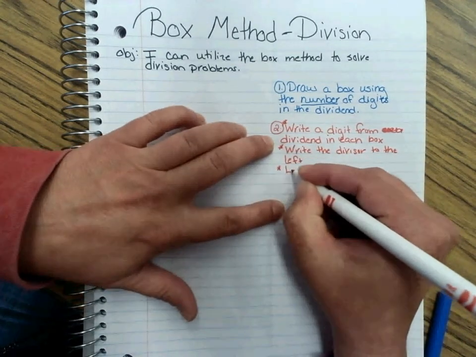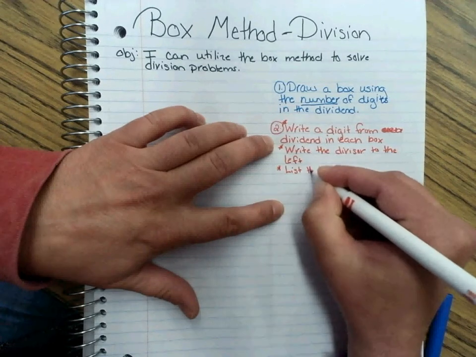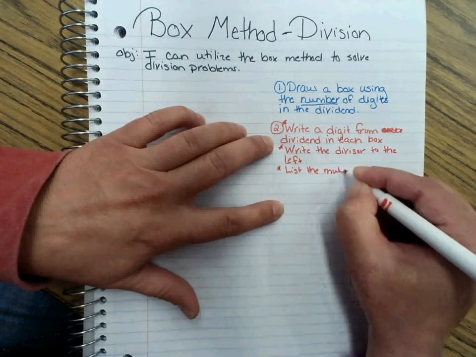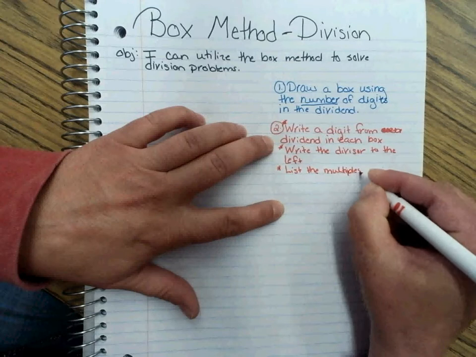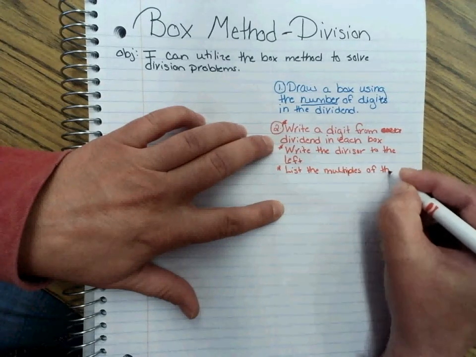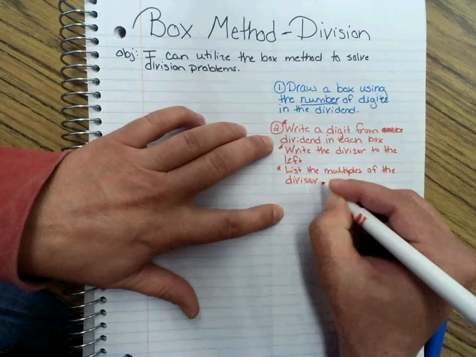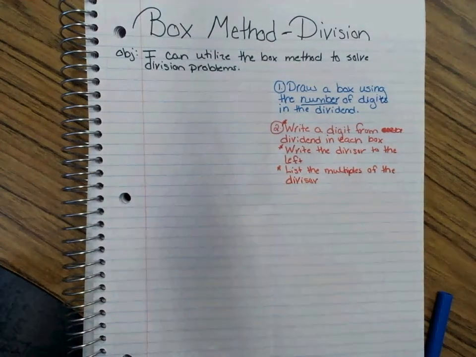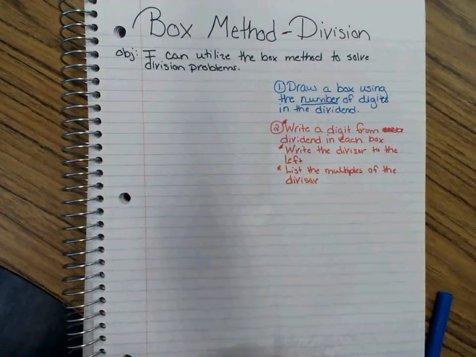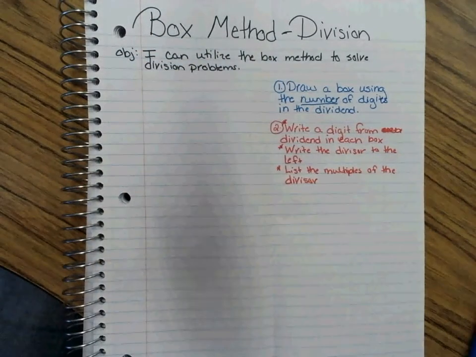And then we're going to list the multiples of the divisor, just like we've been doing. Okay, so step 2 is a little bit long, but those are some things that we need to do to set up our problem. Okay,